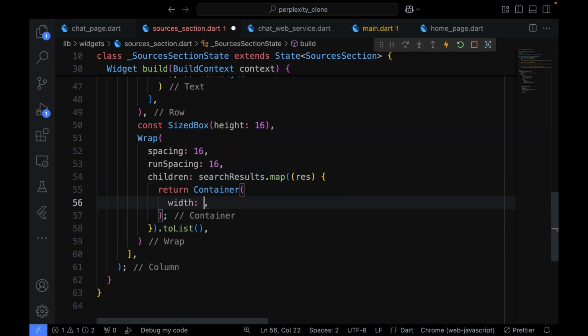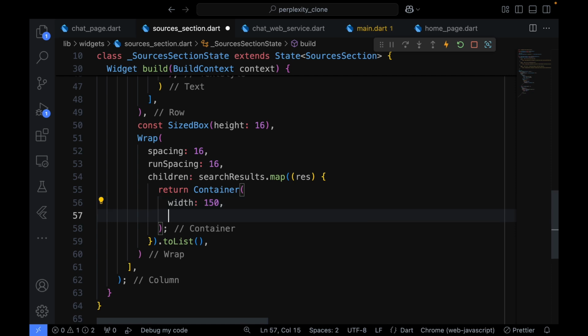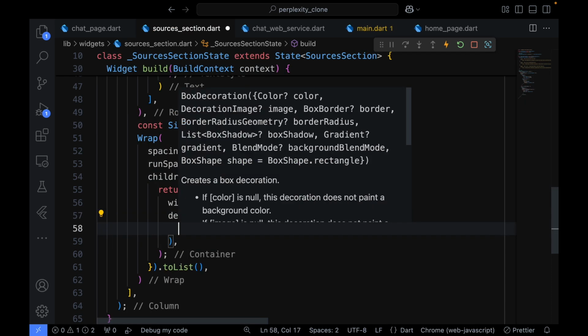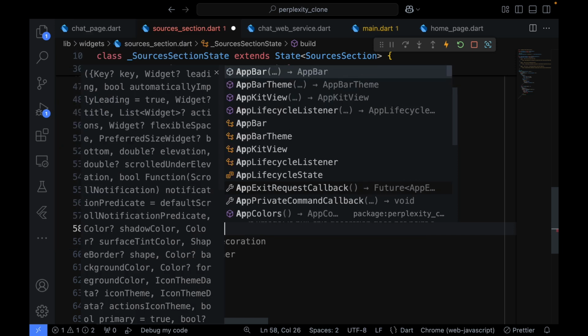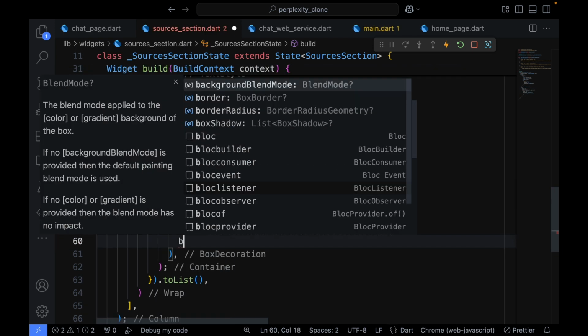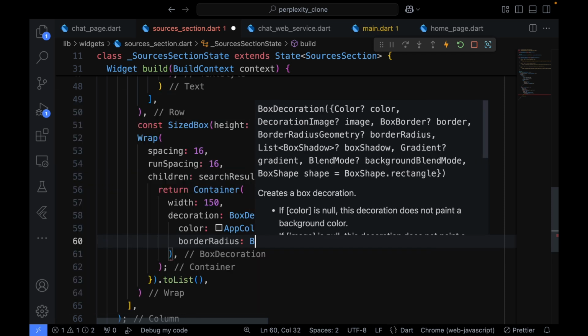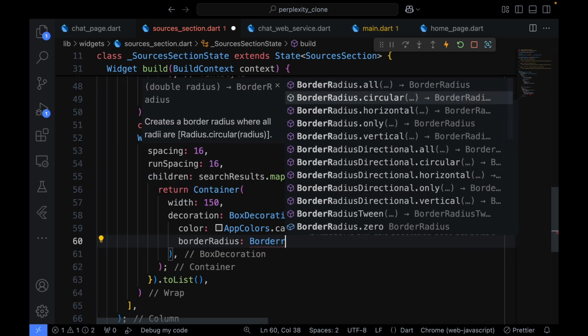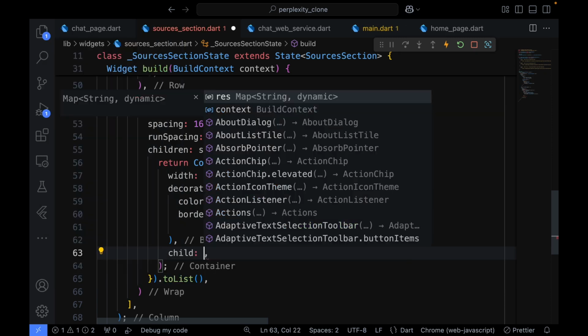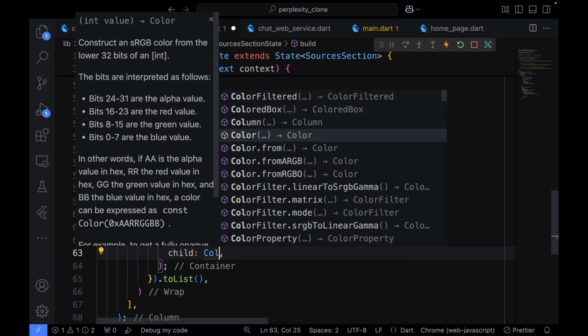So I can specify a width of this container to be 150, let's say. Then I can specify a decoration, which is box decoration. Then I can pass in the color, which is app colors dot card color, and then a border radius. The border radius is going to be border radius dot circular, and let's say we pass in 8. After that, we are going to create a child, a column, and in this column we are going to have